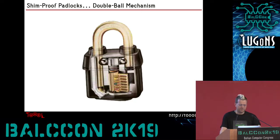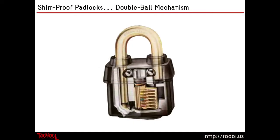So you can see in this diagram, the 2 ball bearings are inside the cutaways in the shackle. The shackle can't come out. Then that big chunk of metal in the middle, when the key rotates, that rotates and allows the ball bearings to slide inwards, and the thing